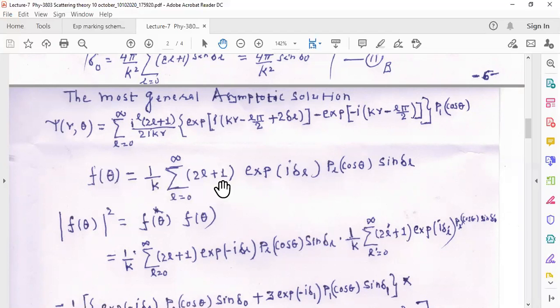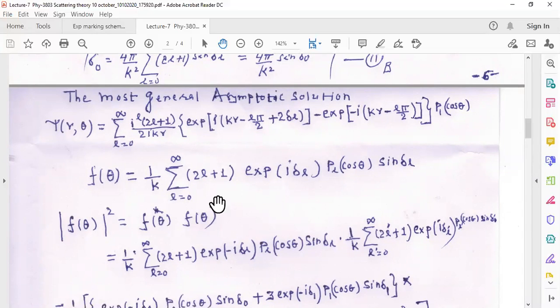So you have an interference term because of the interference between the partial waves. So you have the sum over L states, L equal to 0, L equal to 1. And this is the scattering amplitude that we have calculated. Now, if you want to find the differential scattering cross section, that is the mod of f(theta) squared. It's the probability of scattering, you see. So I take mod f(theta) squared, which is f star(theta) into f(theta).